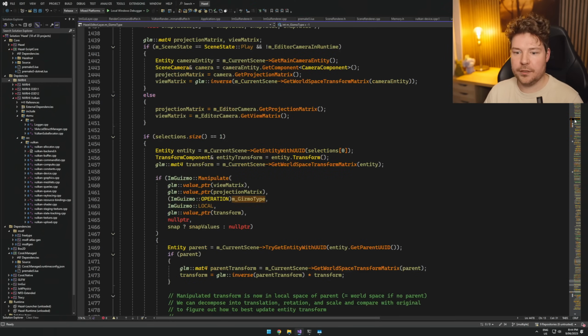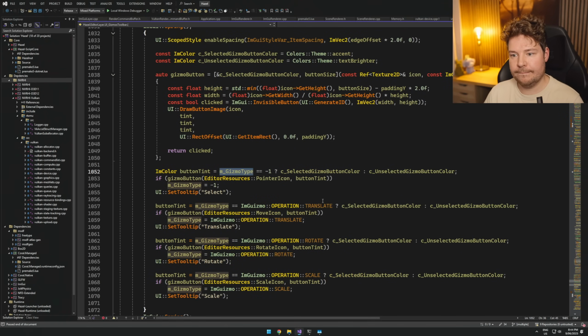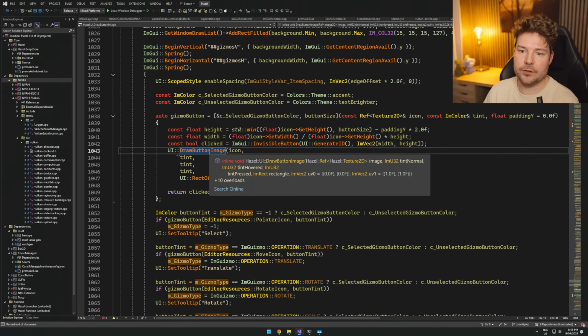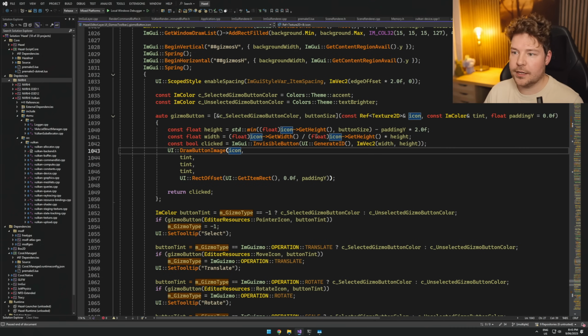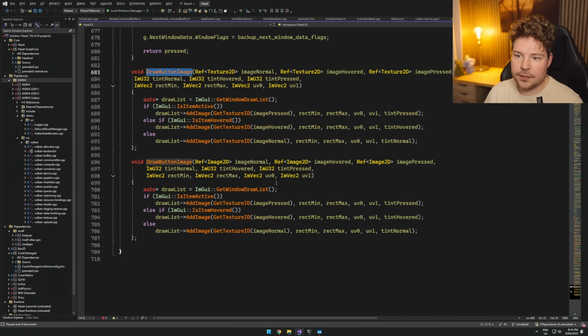That's probably gonna change it, right? Gizmo button. UI draw button image is what it uses, and there's a lot of these. And it takes in an icon, which is a ref texture ID. And then there's a tint and